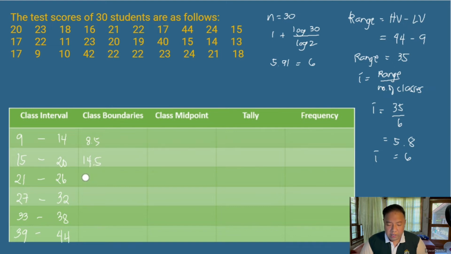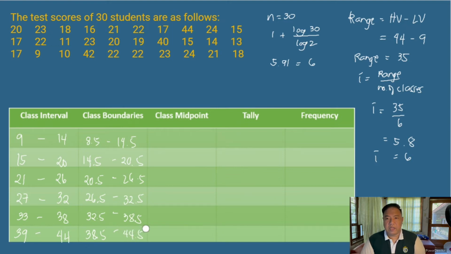So, 20.5, 26.5, 32.5, and 38.5. Pero doon po sa upper limits natin, add tayo ng 0.5. So, yung 14 natin magiging 14.5. 20 natin is 20.5, 26.5, 32.5, 38.5, and